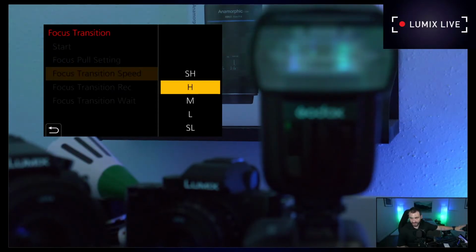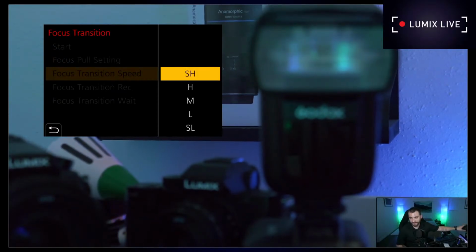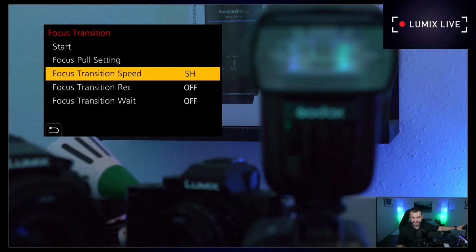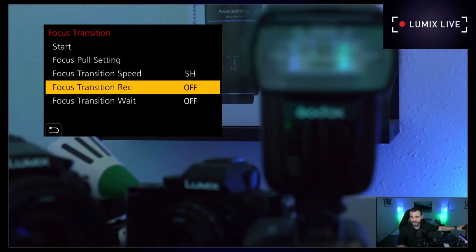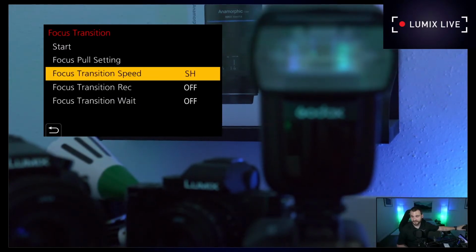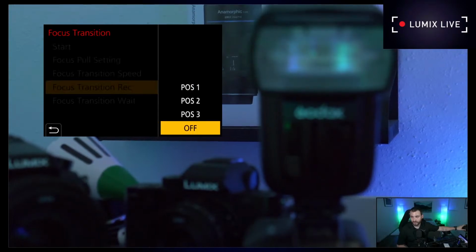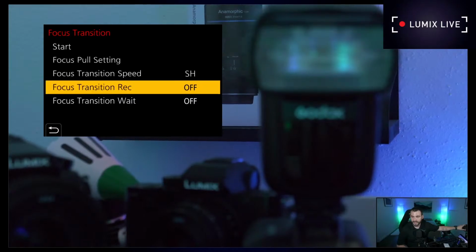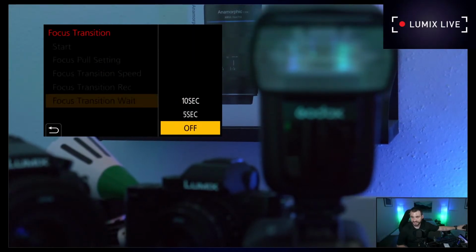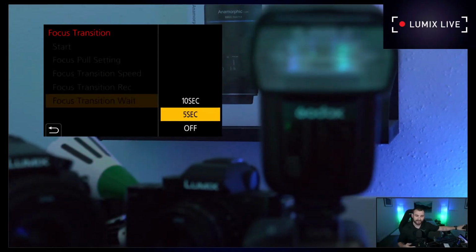So back to the GH5 here. We have a couple of these different speeds here. For this demo, I'm just going to use the super fast transition. And then you have a couple of other options here. You have focus transition on record. So that's when you click record, is it going to be on 1, 2, or 3? And then you also have wait, which is how long you want it to wait before it goes to the